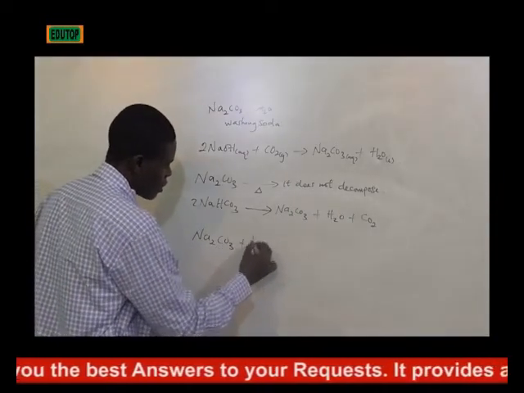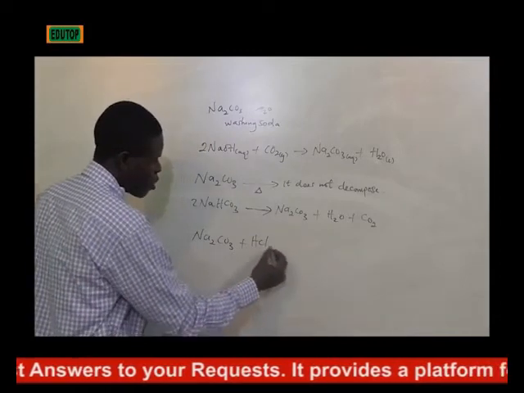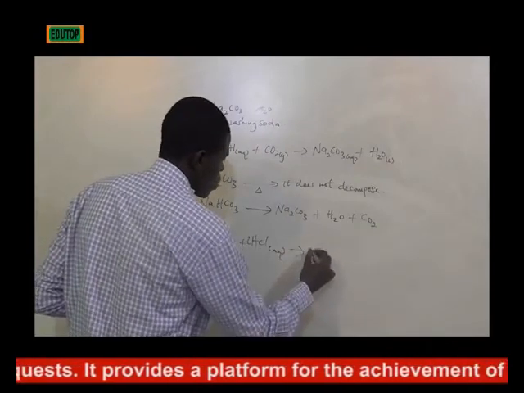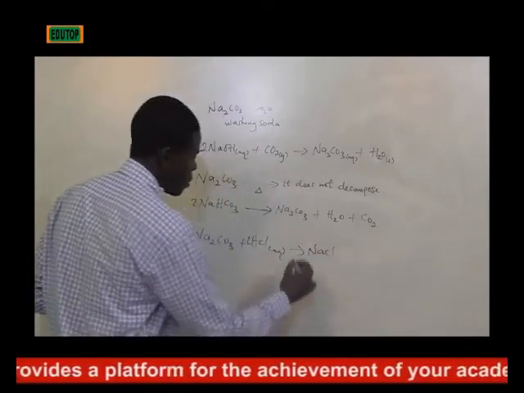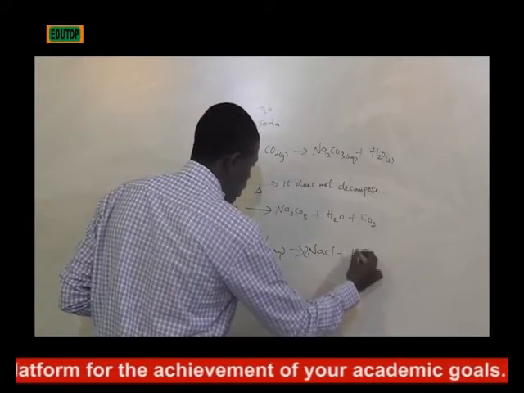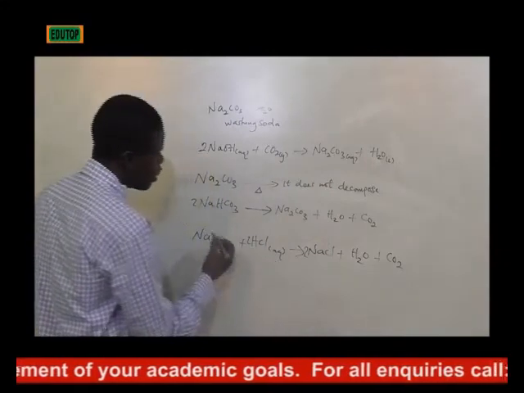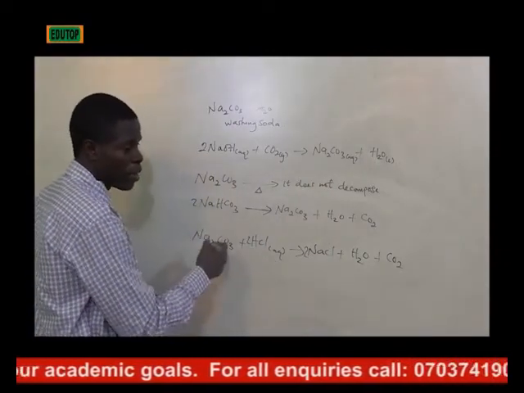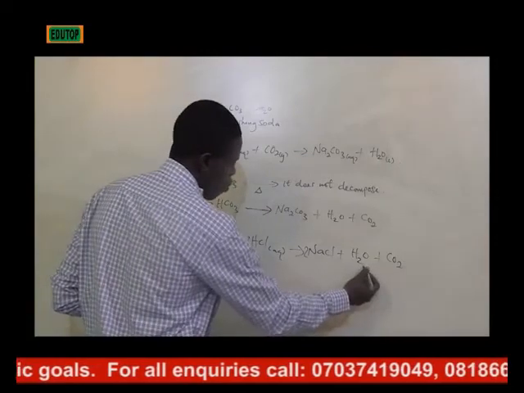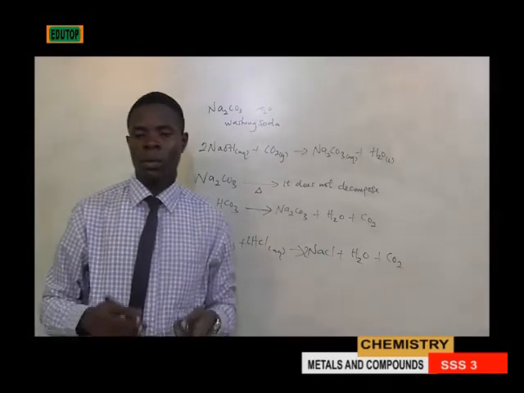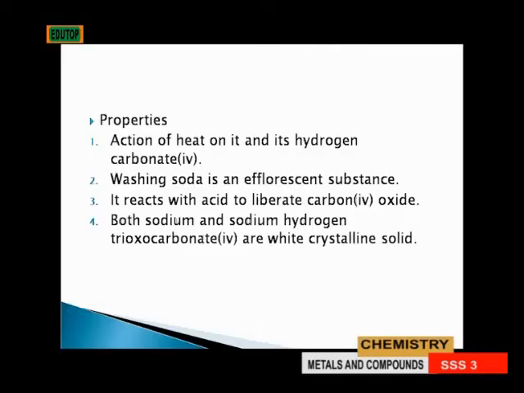When they react with acid, pick any acid, whether hydrochloric acid, it gives sodium chloride, 2 moles of it, plus water, then plus carbon 4 oxide. So acid reacts with this compound, which is a base, to give salt, water, and carbon 4 oxide. 4. Both sodium trioxocarbonate 4 and